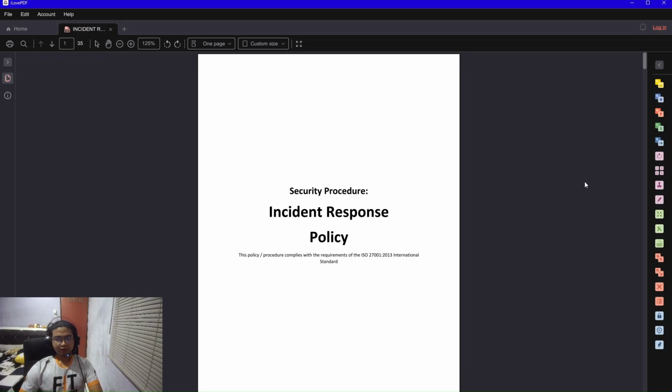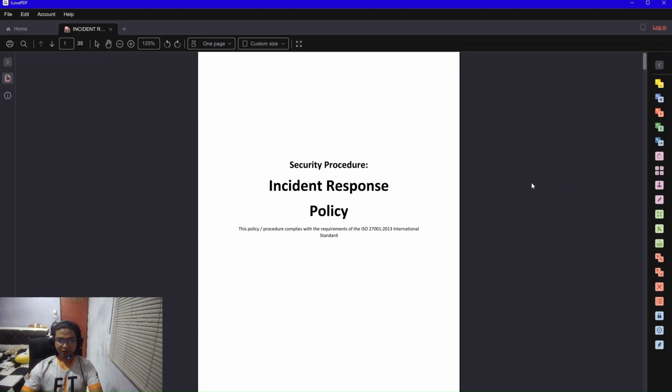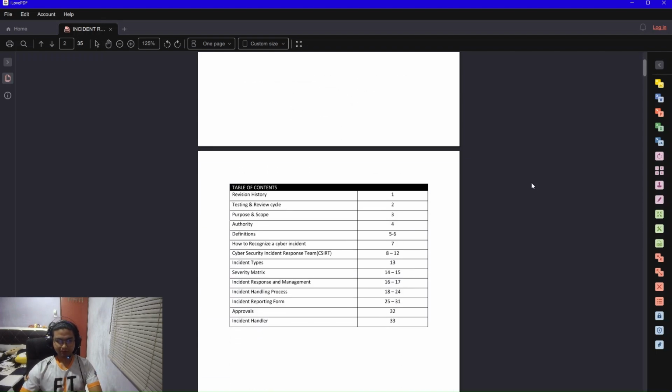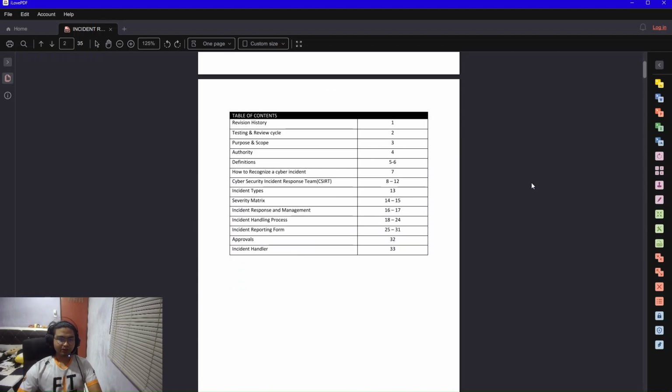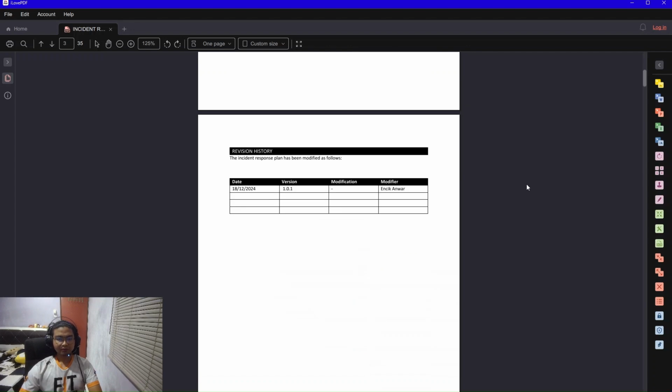Hi. For the subject incident handling response, me, Muhammad Shazlan, and my teammates, Muhammad Ahmad Zikri, Muhammad Safwan Atif, and Muhammad Shawwal, have completed our incident response policy, or IRP in short. This is the table of contents of our document.